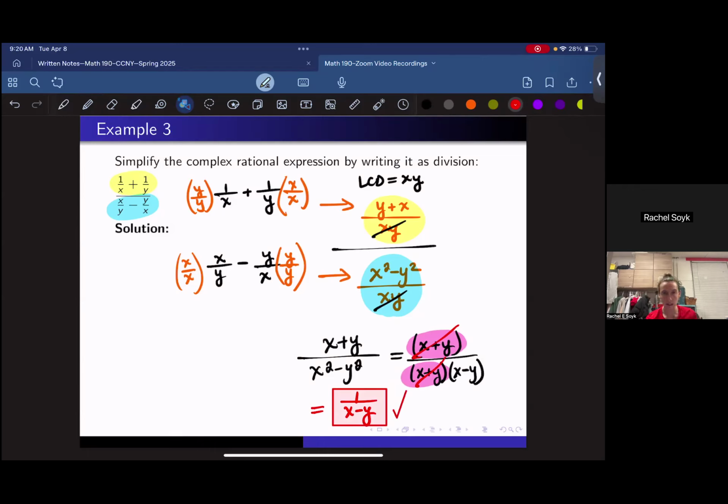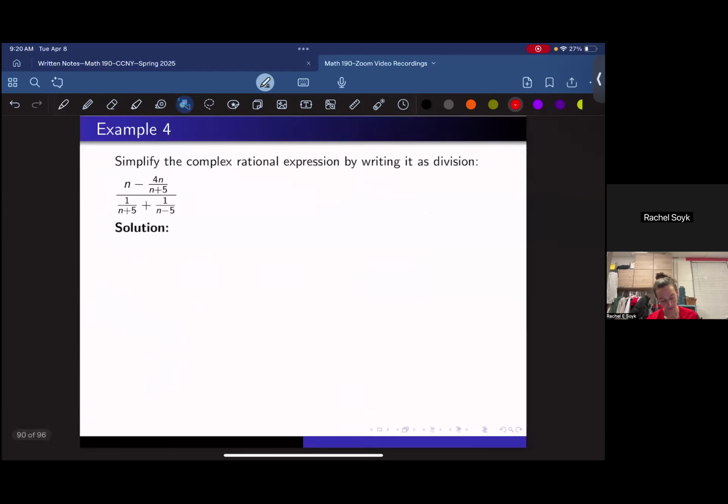It's all about getting into the rhythm of the systematic procedure. And once you practice this rhythm, then you can do any sort of complex fraction like this. All right. So now let's jump into example 4. It's getting a little bit more complex, but it's not too bad. Once again, simplify the numerator, simplify the denominator,